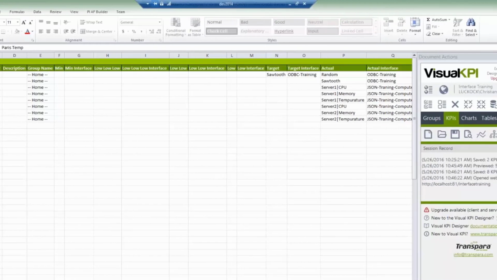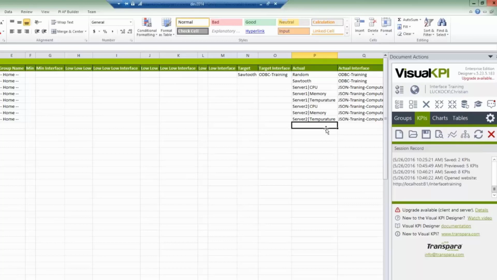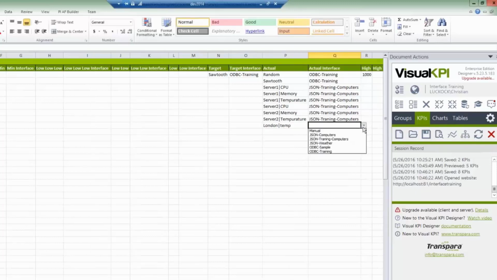Temp. Let's go here and say London. 2 parameters, London. And it's lowercase. Java JSON is case sensitive, so you have to be careful with that. What do we call it? JSON. What did I call the interface? JSON training weather. It looks like it's update. Yeah, oh, there it is. JSON training weather. And here I will do